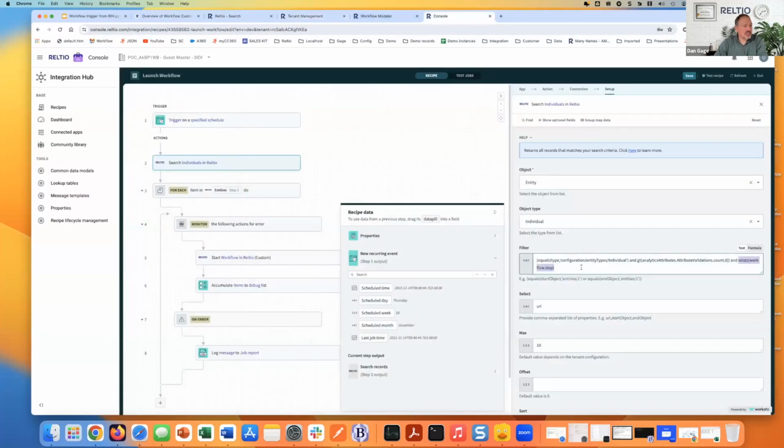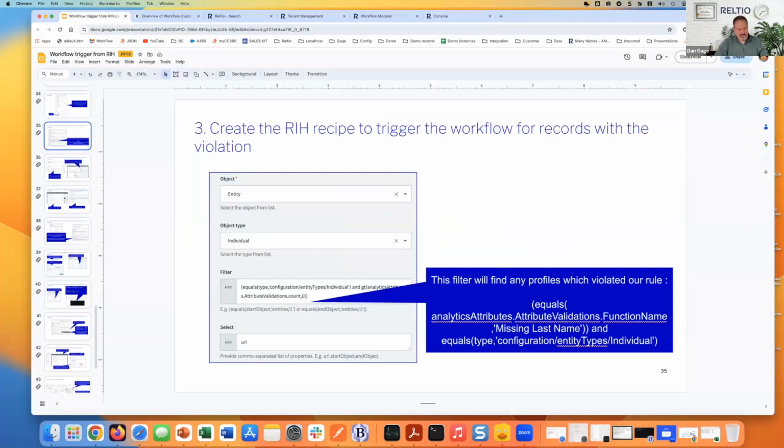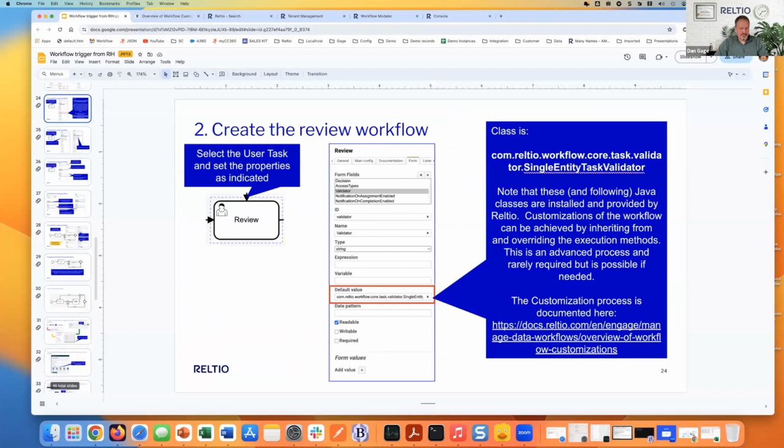And whatever those criteria are, if you simply add them into your filter criteria here, so that you're only considering starting workflows for records that meet that criteria, whether it's attributes having specific values or whatever your criteria are, you can simply add that to the filter and it'll minimize the number of records that are being processed or considered for that triggering event. And that's why, in the slides here,